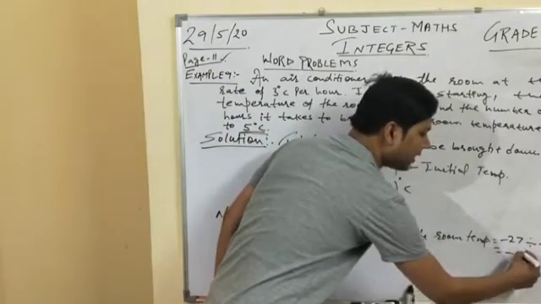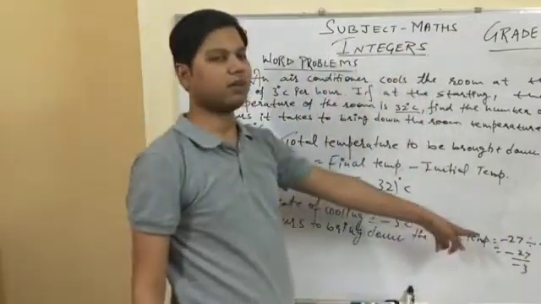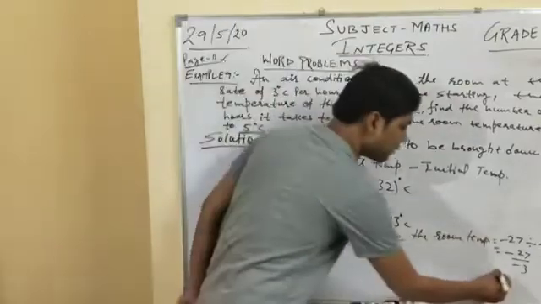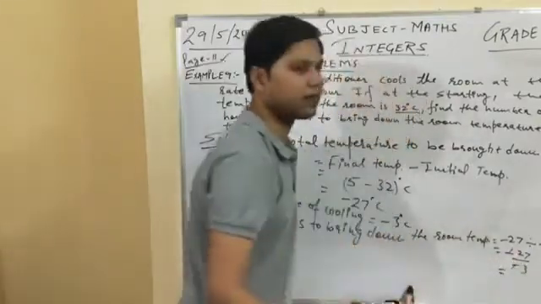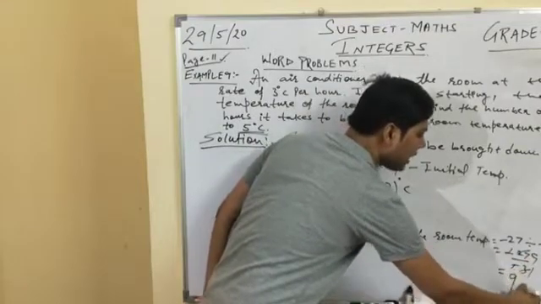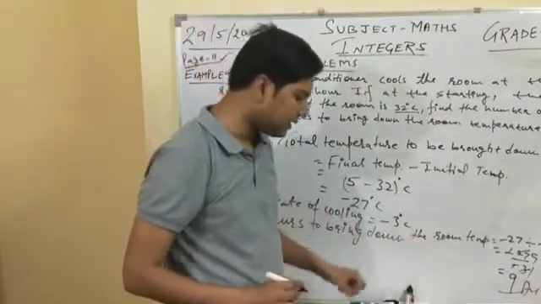So we can write minus 27 divided by minus 3, and we know that when divisor and dividend both are negative, then we get the positive answer. Negative से negative cancel. Now 3 1 the 3, 3 9 the 27. So number of hours कितने आ गए? 9 hours. नंबर ऑफ आवर्स कितने आ गए? 9.